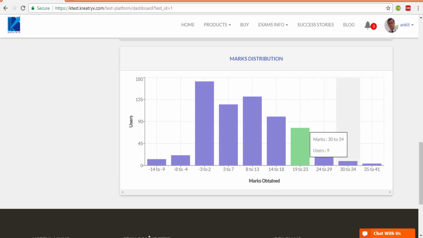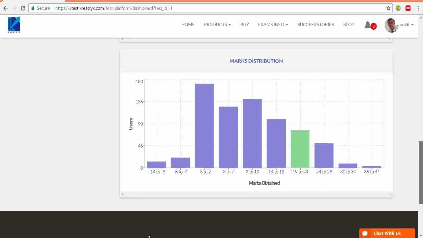That is, your aim should be to be in as lesser users as you can, but mind, it should be on the right, because lesser users are here as well, but I don't want you to go here. What I want from you is that you should go on the right, that is where the users are less but marks are high. Okay, and if you are moving towards right, that means you are going in the right direction and your subject knowledge and subject expertise is improving day by day.